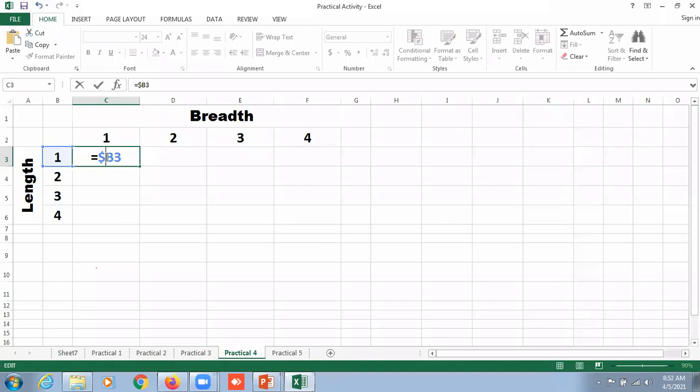Next, I am going to insert a multiplication symbol and click on this row, that is the row 2, and I want row 2 to remain constant. So we insert a dollar symbol in row 2. Those who want me to repeat again, because time is very less, okay, no problem, kindly watch.